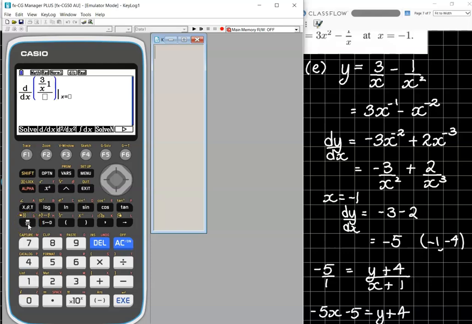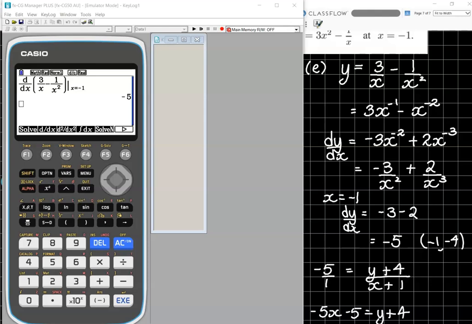I forgot to put my minus. Minus 1 over x squared. And then we can move our little arrows. And we've got minus 1. Enter. Check. We got minus 5. But that didn't give us the